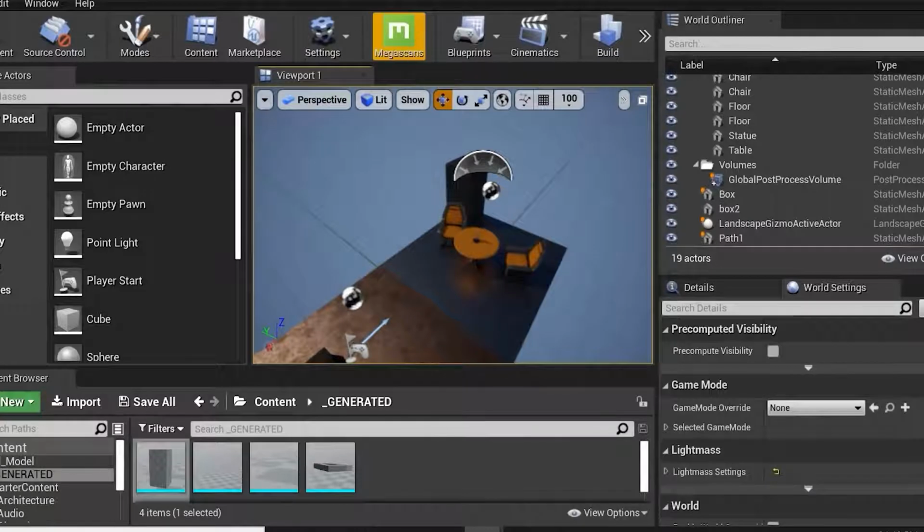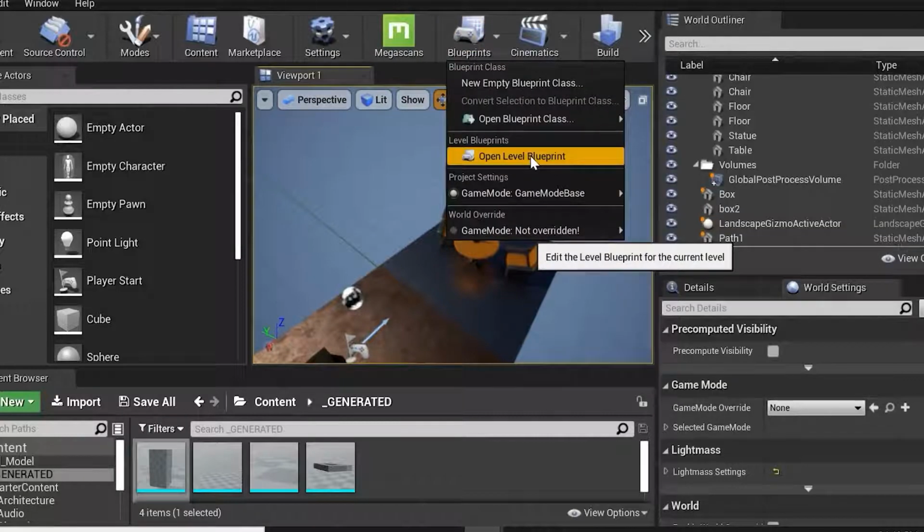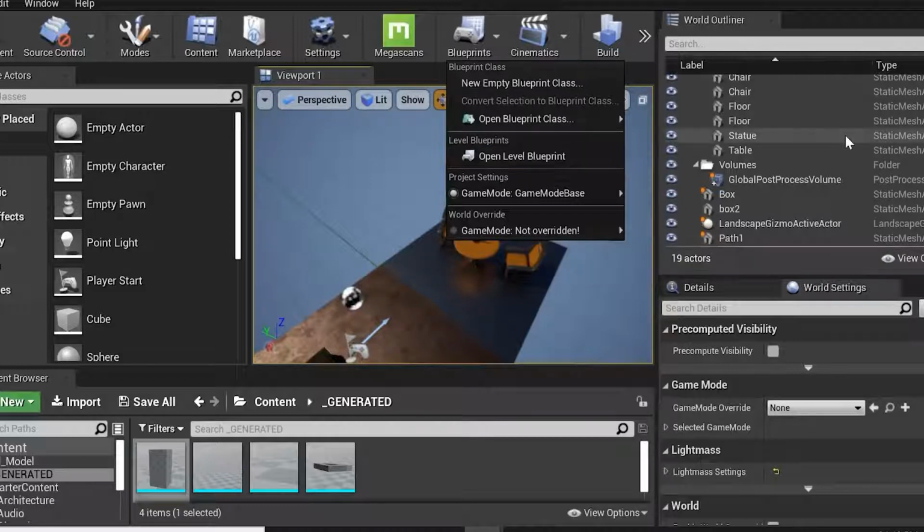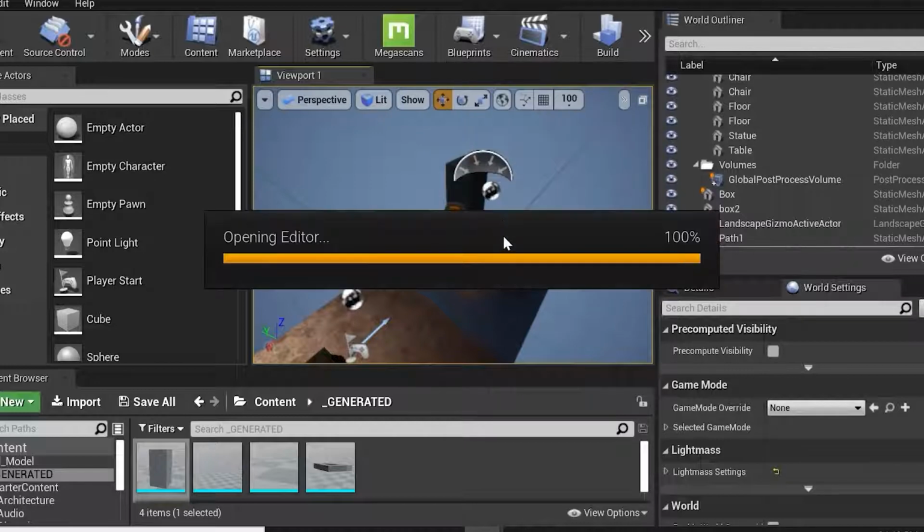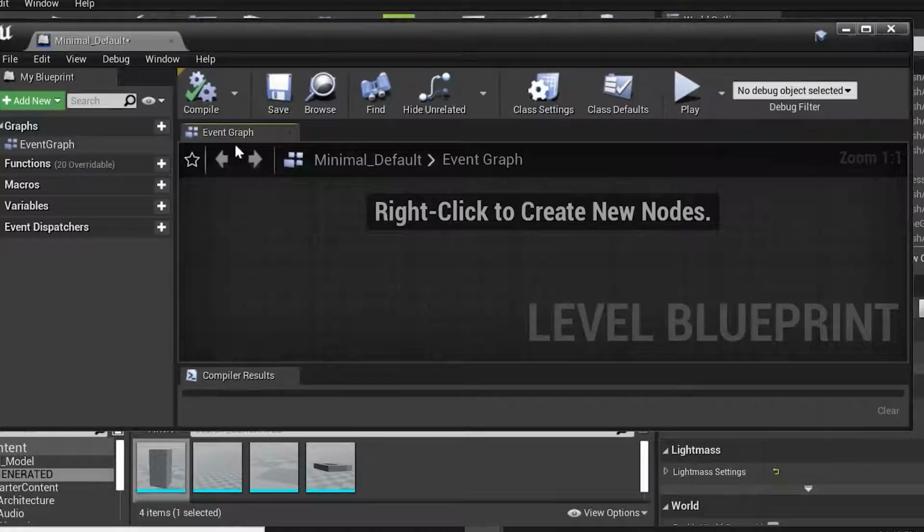Right, here we have the Megascans options. I'll show that after some time. Here we have the blueprint. If I want to make my own blueprint, that also I can do. If I click over here, it will pop up a new window. It's a kind of event graph editor. Here we have to create a graph. If you know C++, it's okay.